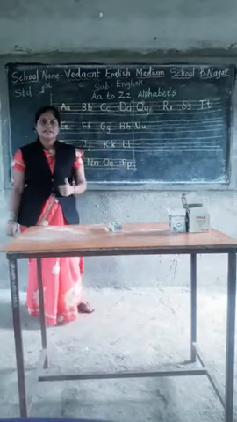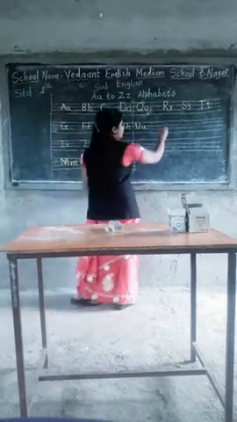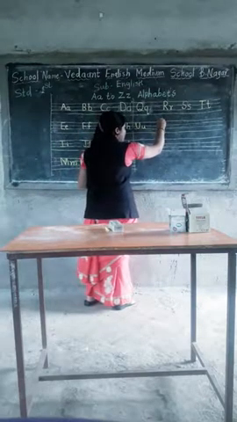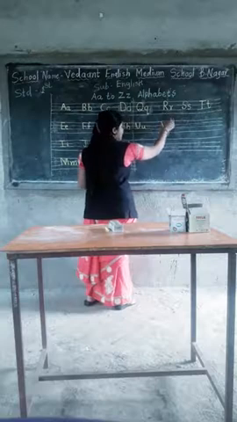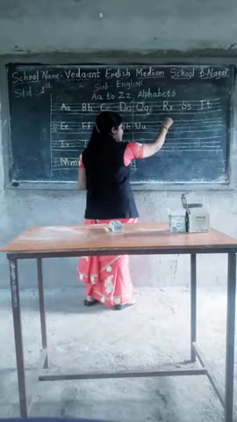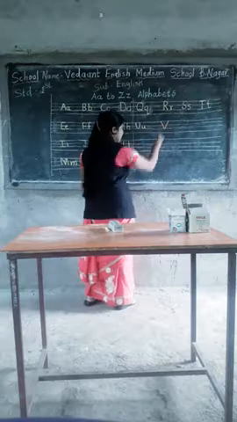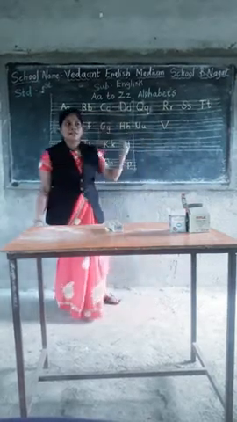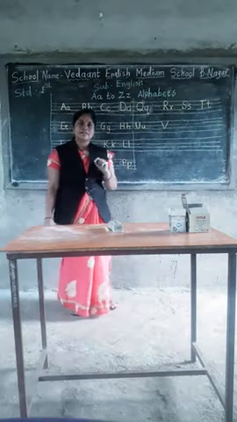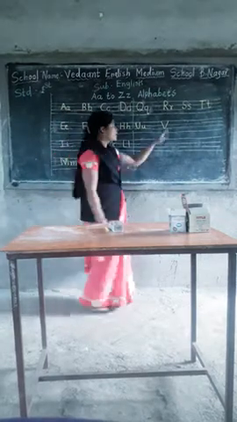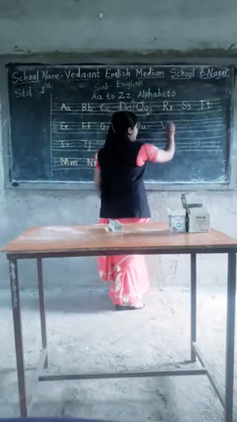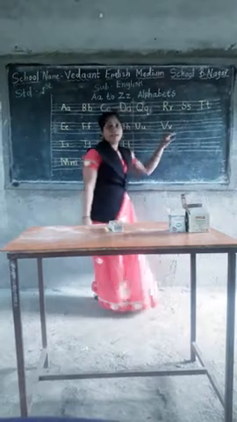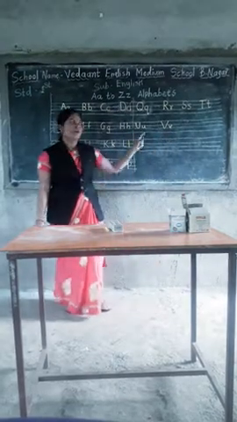After that, which letter comes? It is V. Okay, so let's see how to write V. Go to the top, draw a slanting line, third number line. It is the capital V. And so how to write a small v? Let's see again. Go to the middle two lines and draw a slanting line in this way. It is a small v.